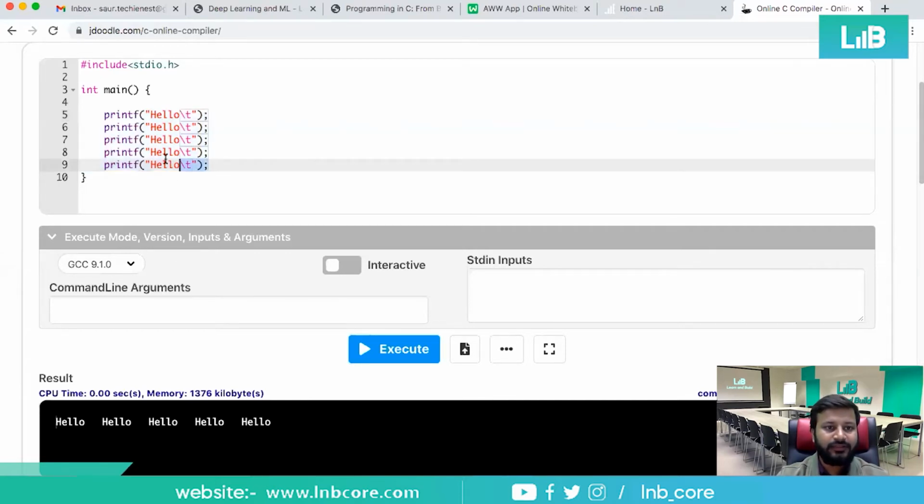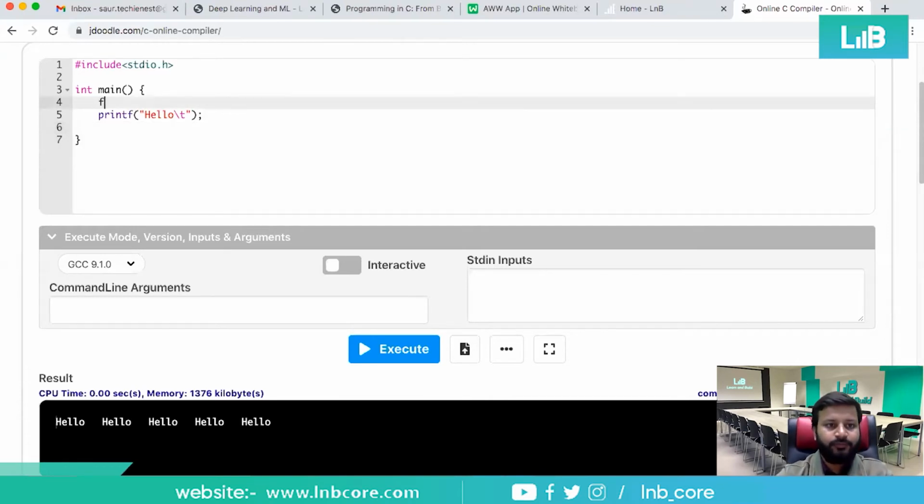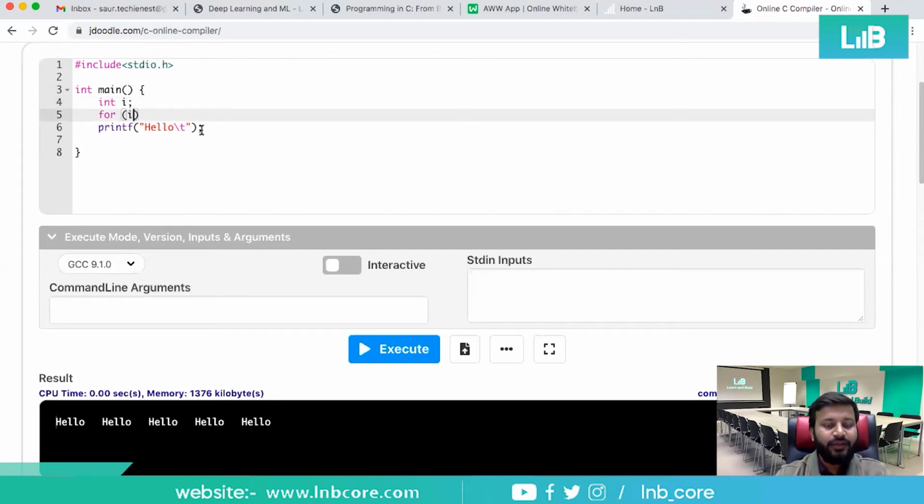So instead of repeating this line again and again, we can use any loop, right? Suppose I want to use a for loop. The syntax of for is in such a way that you can declare any variable. The variable should be initialized with a particular value. You may initialize or you may not initialize it also. So in this for loop, you have to give the starting value of this particular loop. Suppose the starting value is 10. Then how many times do you want to write it? 5 times. So this loop should be running for 5 times, right? And i plus plus.